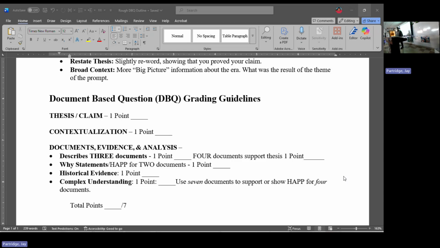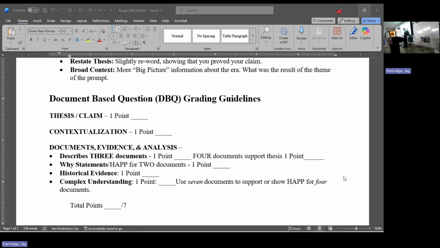Historical evidence. If you show those 2 examples about that information, you get that one, boom. And now you're looking at really solid. We're just being practical. You still have to do a good essay, still got the information down. But I'm figuring out how to help you out with the test.